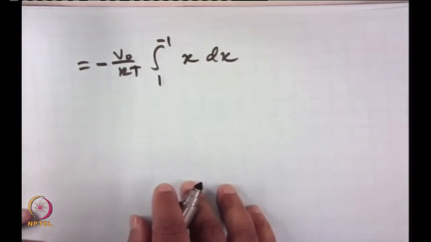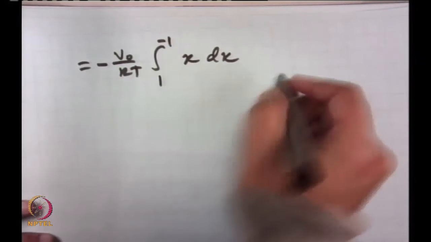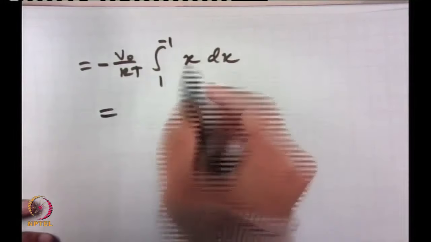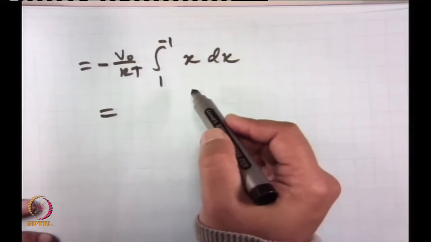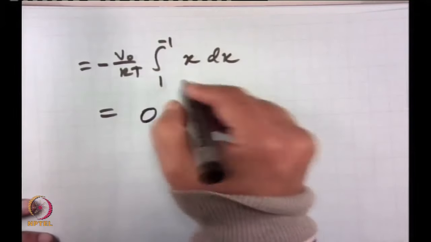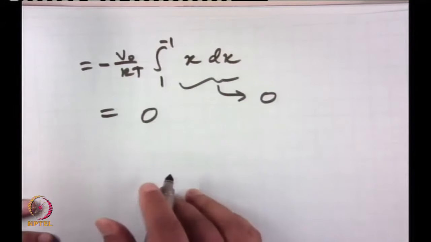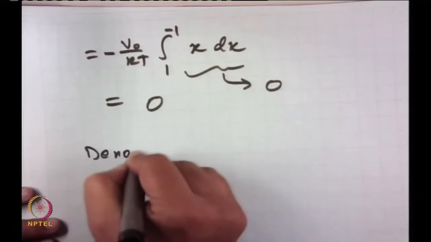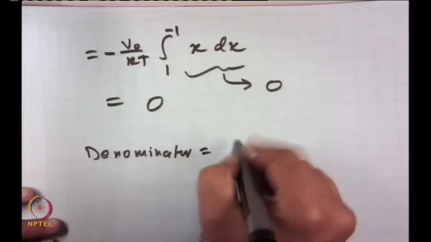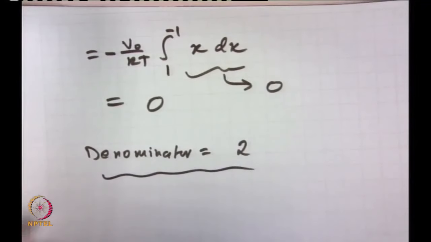Now this is an extremely simple integral, isn't it? And what is the value of this integral? What is x dx? X squared by 2, and then what will you get? 0. Good. So this one goes to 0. Simple, right? So see, a very intimidating integral which was down in the denominator gives a value of 2 essentially. So the denominator is equal to 2, right.